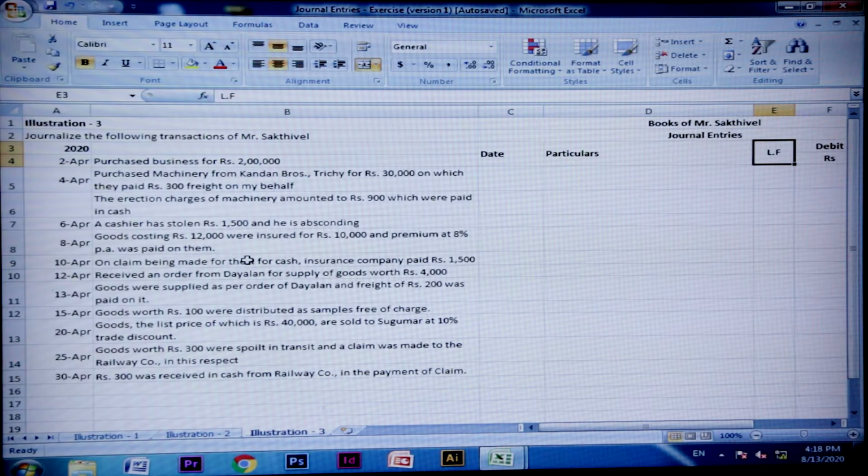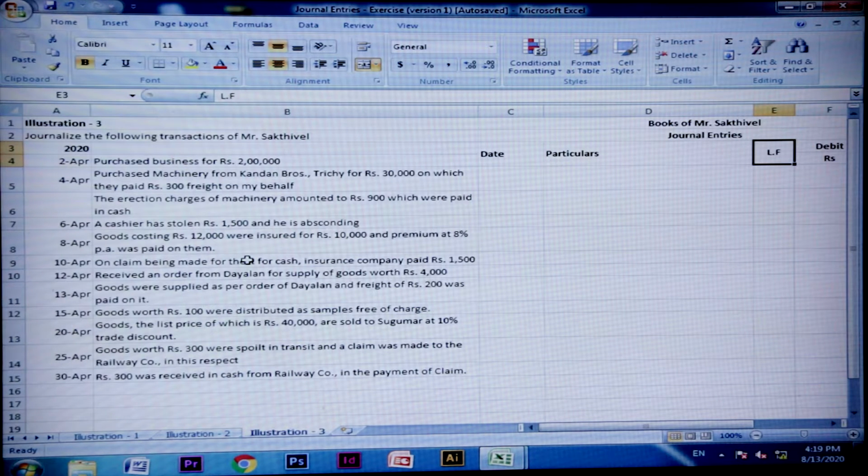For preparation of journal entry, the thing what we have to do is, first analyze the transactions to identify which accounts are affected. After that, identify which account it belongs to, which means either it is a real account or nominal account or personal account. Then apply the golden rules of accounts to identify which account has to be debited and which account has to be credited. In our previous illustrations, illustration 1 and 2, we have detailed discussion about the rules. So in this problem, I am going directly to the journal entries without explaining the basic rules of accounts.